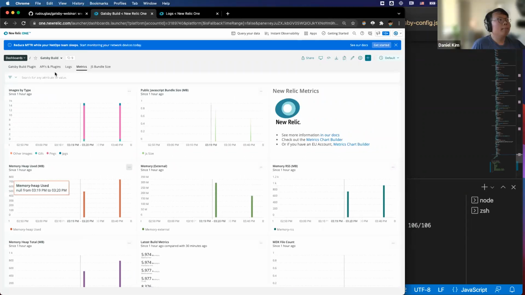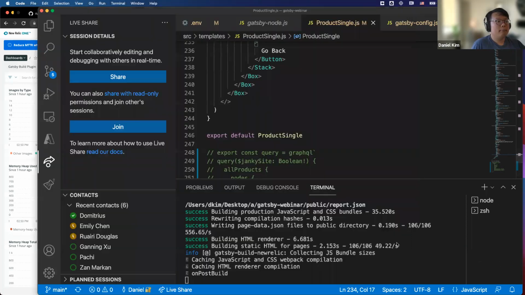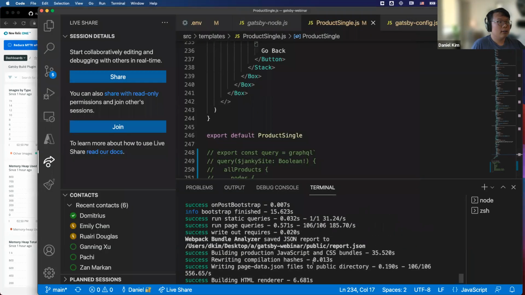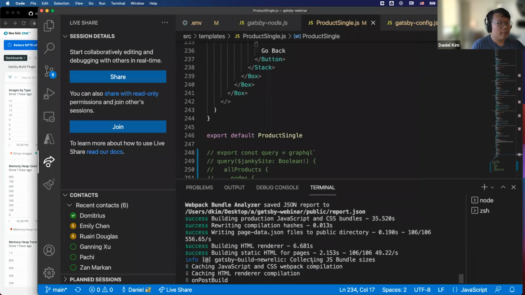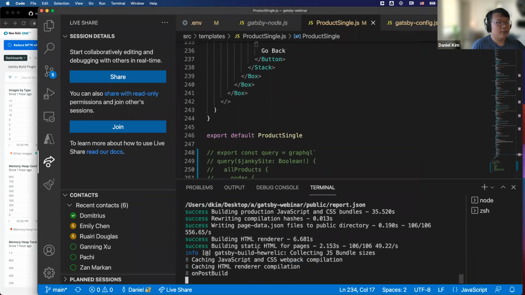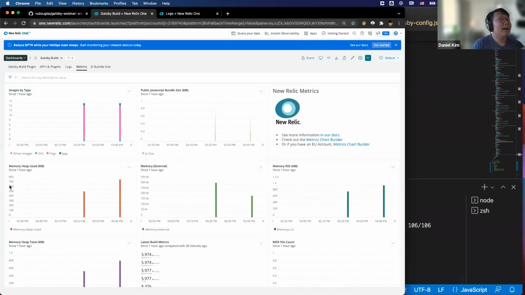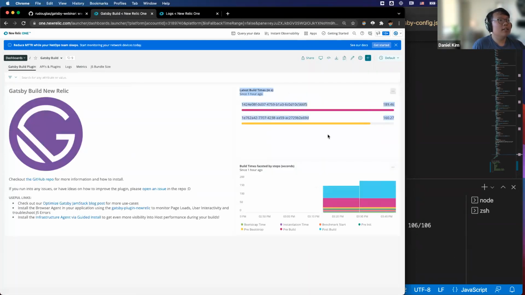It gets automatically piped in, but let me see if it's sent the metrics yet. I don't think it's sent the metrics yet because it's still collecting JavaScript bundle sizes. But when it comes in, it's automatically refreshed. The great thing about this is that all these visualizations are created with something called Nivo.